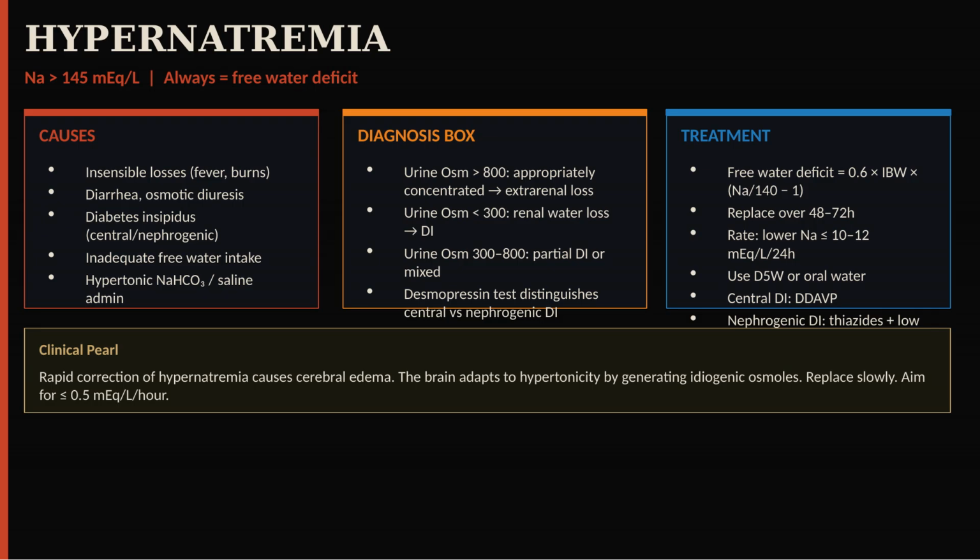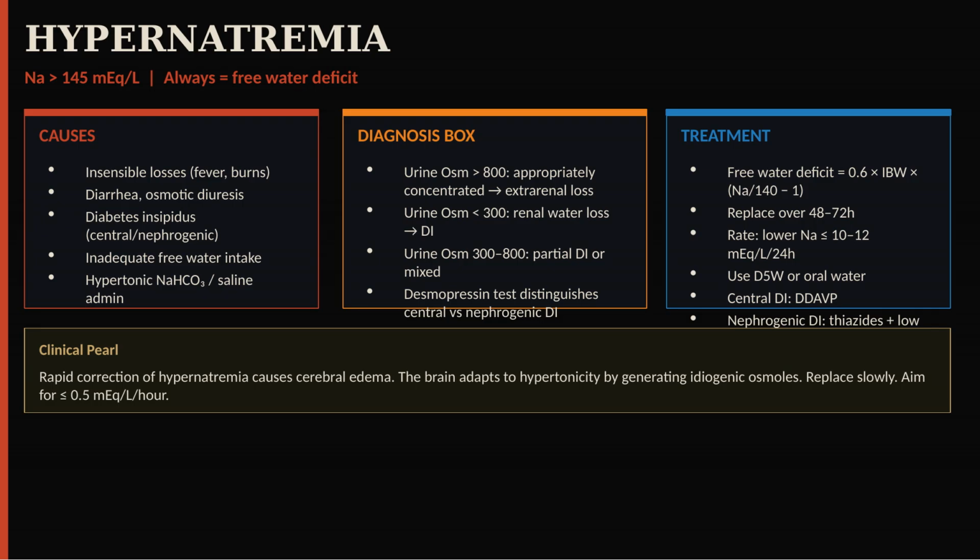Below 300 with a hypertonic serum means the kidney is failing to concentrate. That's diabetes insipidus. In between is partial DI, or a mix. And the desmopressin test separates central from nephrogenic DI. Central responds, nephrogenic doesn't. Treatment: calculate the free water deficit, 0.6 times ideal body weight, times the ratio of sodium